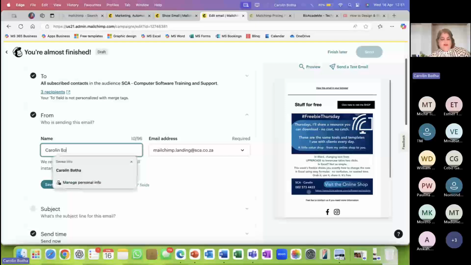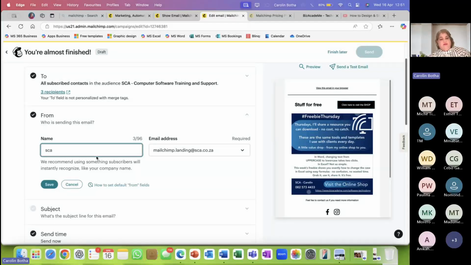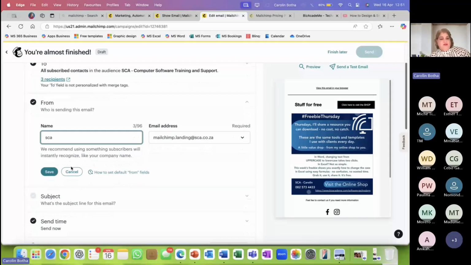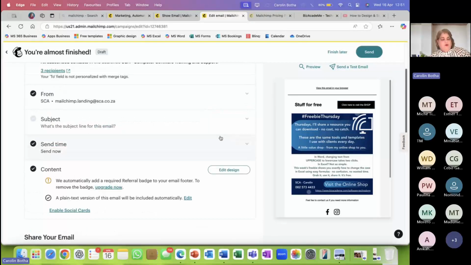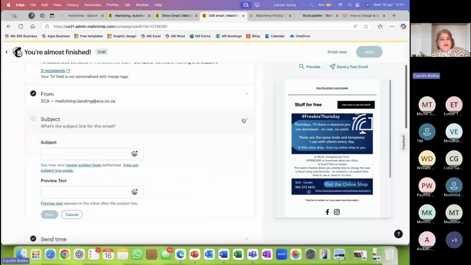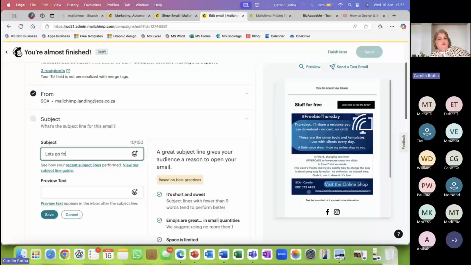You can put in your surname, or you can just go and put in SCA. It will be sent, oops, it's not in capitals. I'm not going to worry too much about that now. SCA, I save it. That's the email address I'm using for this, specially designed or created. Then the subject line, I can also put in here, let's go, oh, no, not in capitals. I mentioned that yesterday. Let's go for some freebies.